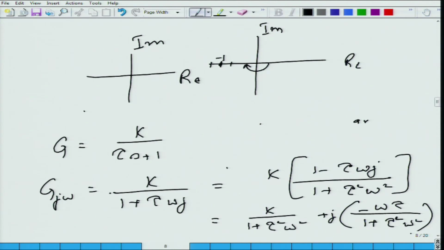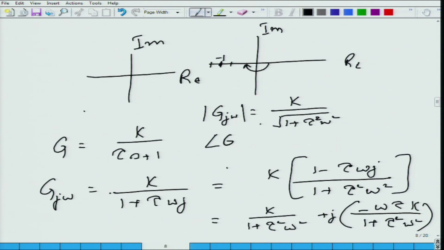Okay. And then you will say, okay, the magnitude of G j omega is going to be, oh, of course, I forgot the k here, magnitude is going to be k over square root of 1 plus tau square omega square, and the angle is going to be